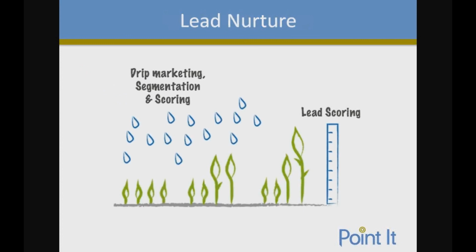And here's another graphic showing how this whole drip marketing, segmentation, lead scoring, lead nurture all works. On the left side, you start out and these leads aren't quite ready to go over to sales, but as you drip that content over to them, you send them emails, you get them involved with your social media, ultimately they will gain a lead score that qualifies them to be sent over to sales.